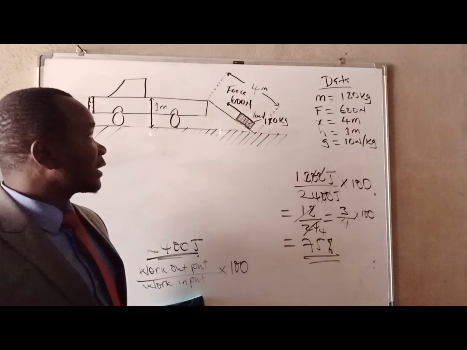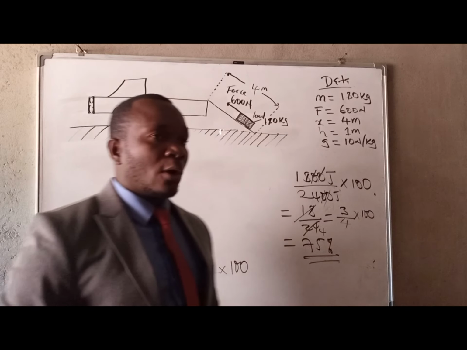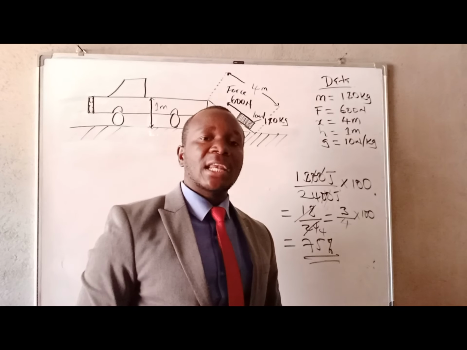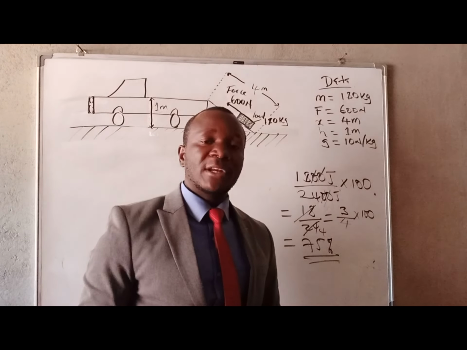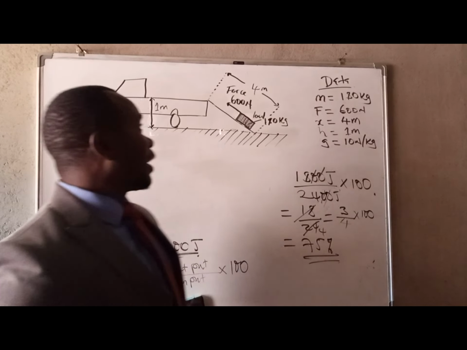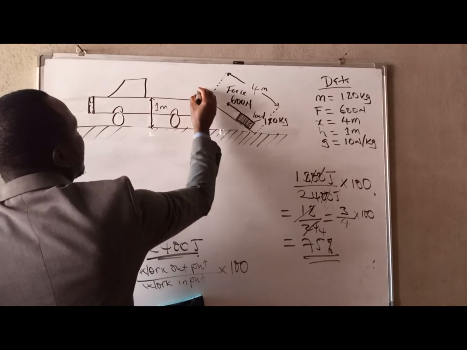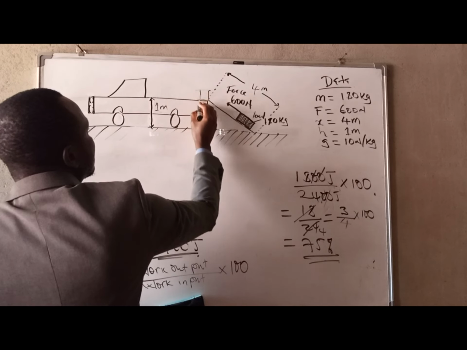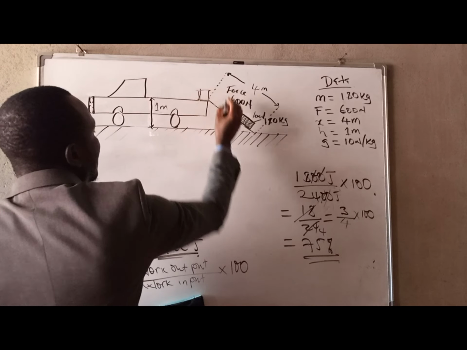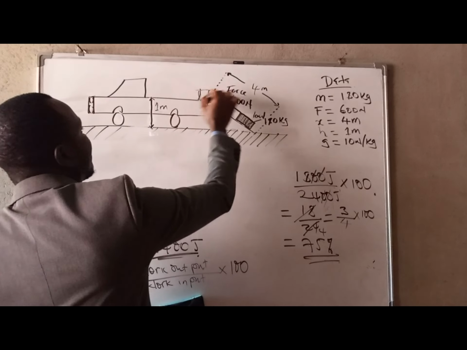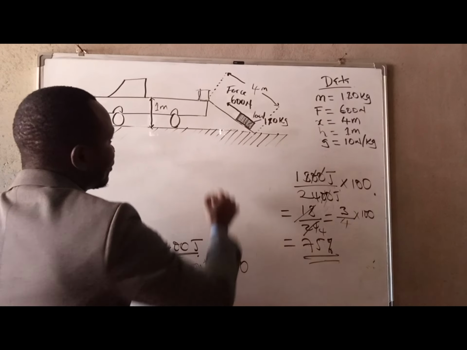Okay, so kinetic energy. We know from the law of conservation of energy that energy can neither be created nor destroyed, but can only be converted from one form to another. So when this load comes to this distance, 1 meter, and then it accidentally falls,